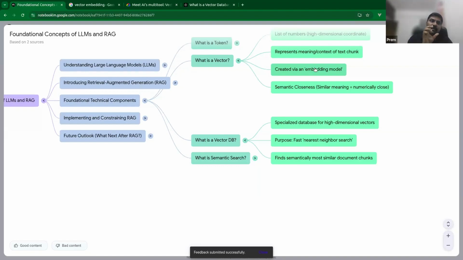Any text you give will be converted to an array, a 1000 by 1000 matrix of numbers. That is created by the embedding model. Pinecone or any vector database does not come into that. Creating the data is done by somebody else, and that is the embedding model. So the model creates the data, the 1000 by 1000